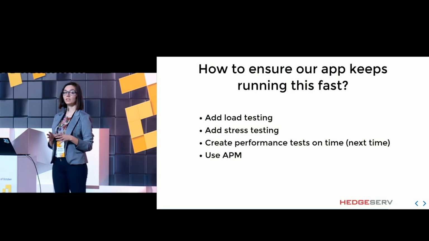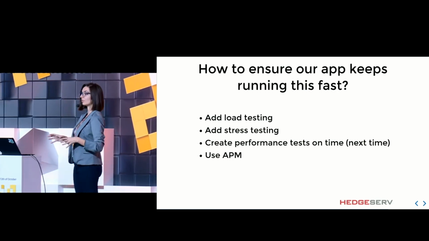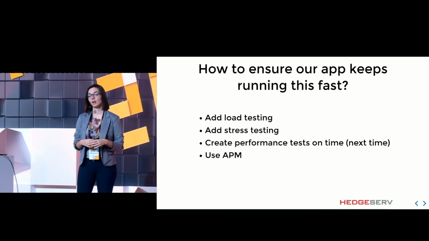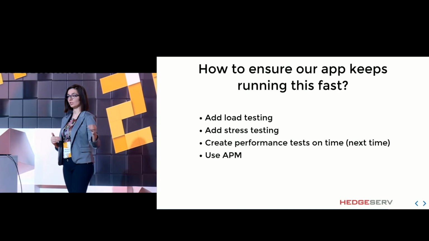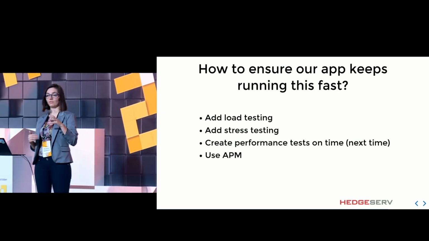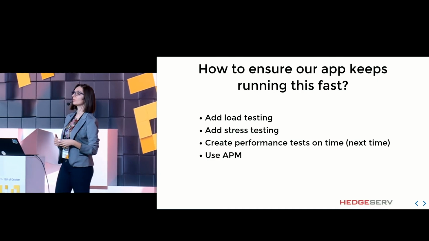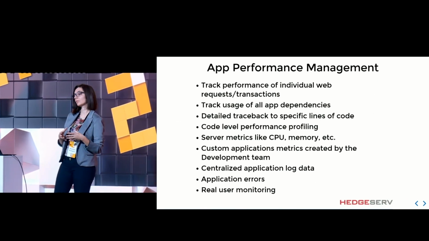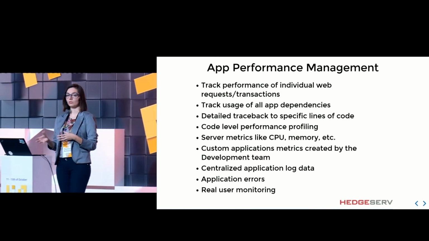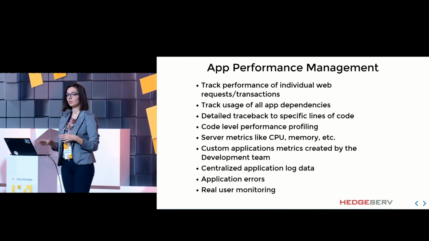However, we need a way not just to monitor this, we need a way to gather this information and go through it every day just to make sure that the new changes don't affect our performance. How to do that? There's another tool called APM. And what is APM? It stands for Application Performance Management System. It's a huge system basically. There are a lot of them. I'll give you just a